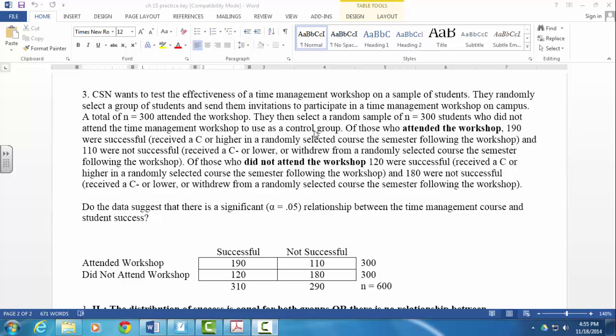So out of those who attended the workshop, those 300 who came, 190 were successful. They received a C or higher in a randomly selected course the next semester, and 110 were not successful. And we're calling not successful, they got a C minus or lower. They withdrew from the randomly selected course following the workshop. Then of those who did not attend, 120 were successful. They received a C or higher, and 180 were not successful. Now,